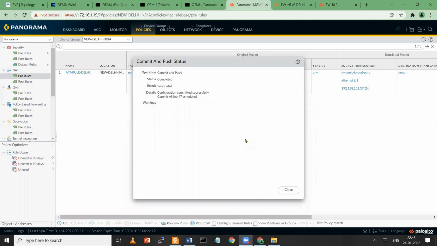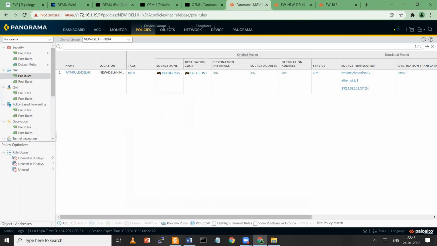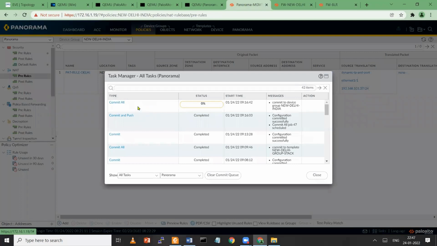See, all 47 configurations committed successfully, all 47 jobs scheduled. And here, if I check under task manager, now it is trying to push configuration changes.